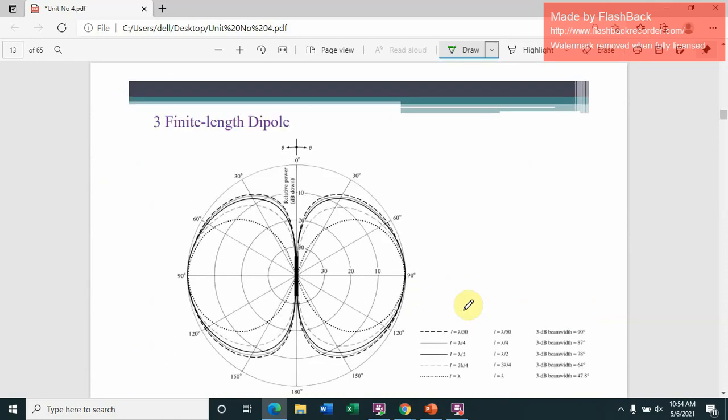Then here is the radiation pattern. For that radiation pattern here,